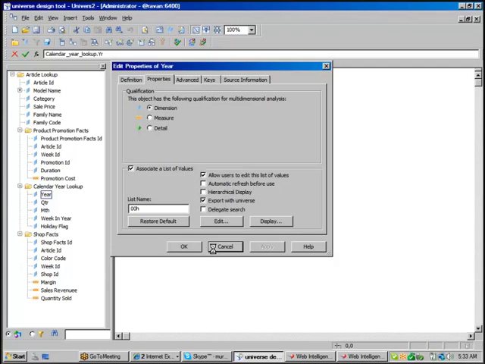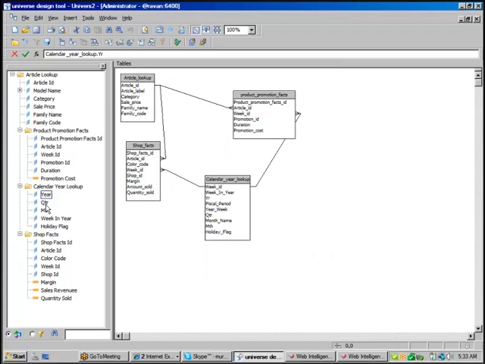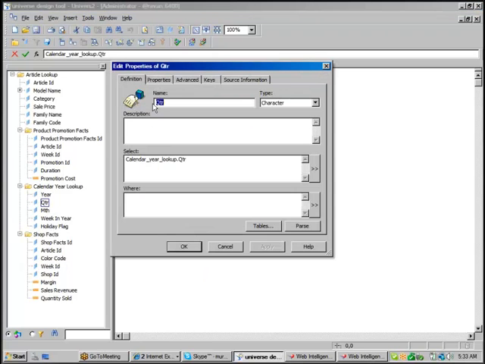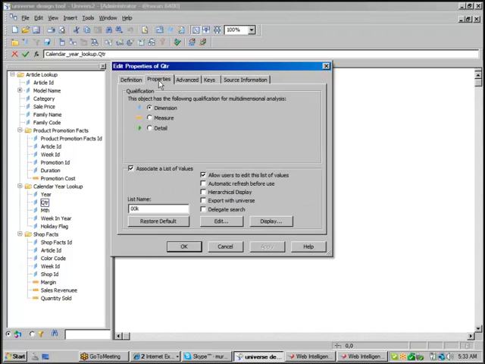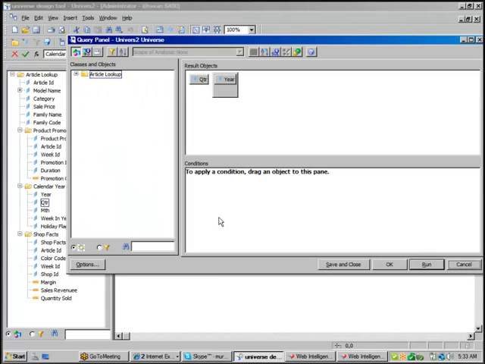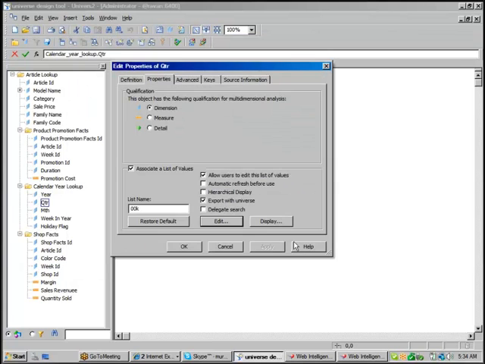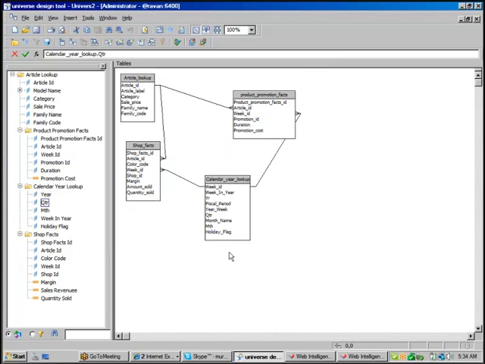If you want to make hierarchical LOVs for any object, double click on that particular object, go to properties, click on edit, then drag and drop the high level object into the result objects pane. If you put it in the conditions pane, it will control. If you put an extra object into the result objects pane, that time it will display hierarchical view. That is what we discussed.